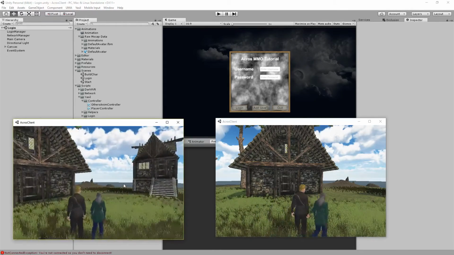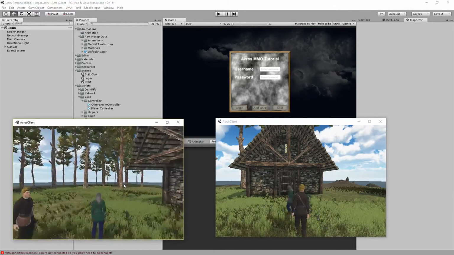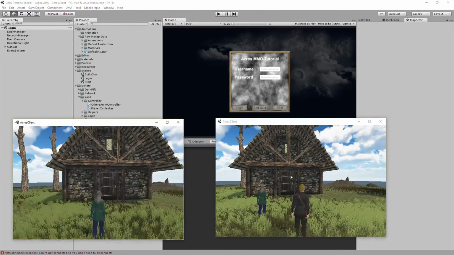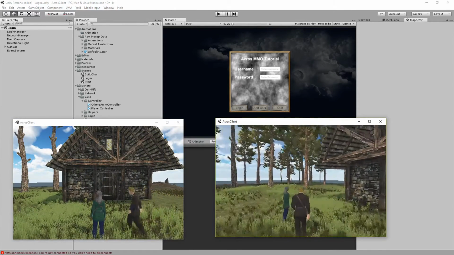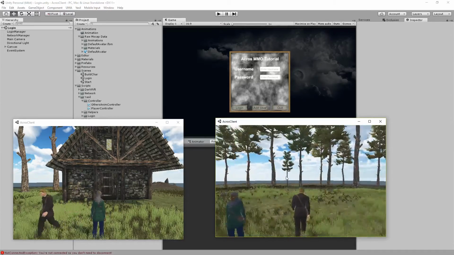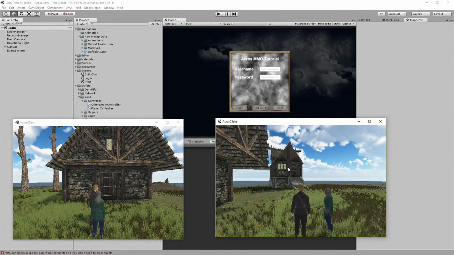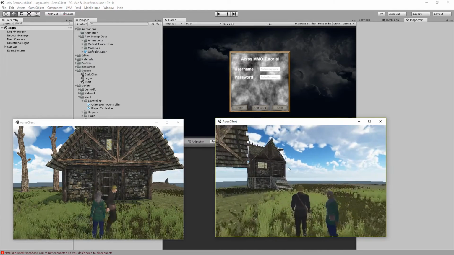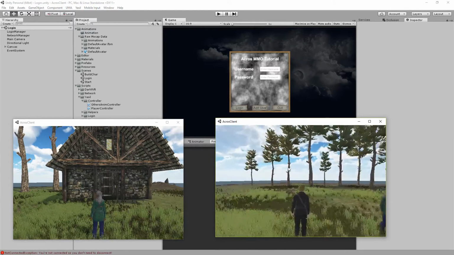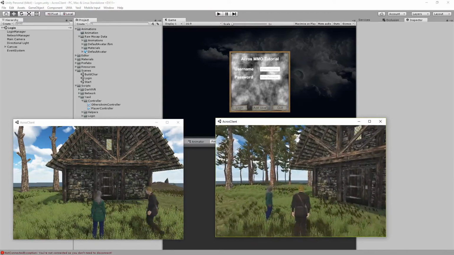and it starts moving also in the other window. We can also go back there, and he's moving also. So we are going to use root motion for everything, which gives us a little trouble in